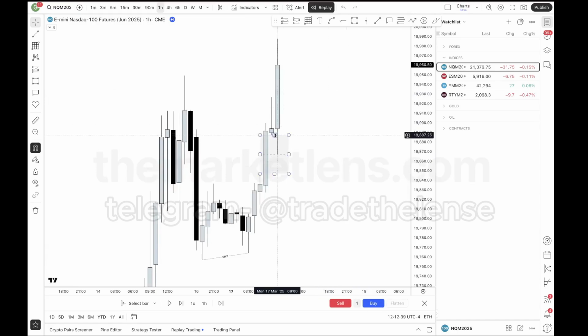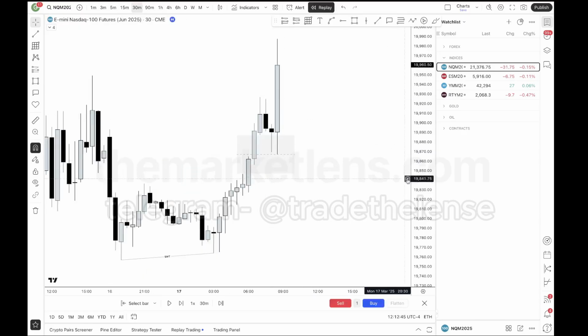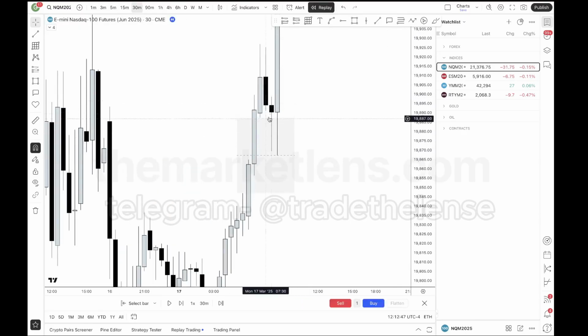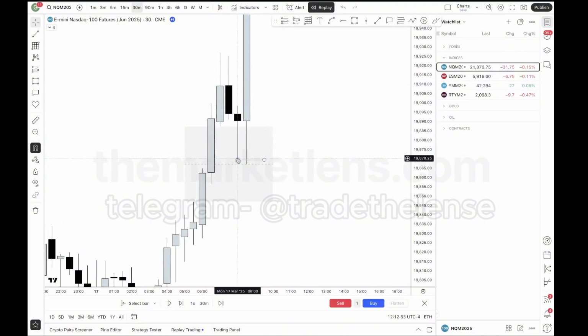So this is how I would trade it, right? I don't need to wait for a swing point. As you see, there's no swing point here. But if you look on the 30 minute candle, it hit this gap here. So prior to the driver, it already retraced and hit this hourly fair value gap or 30 minute fair value